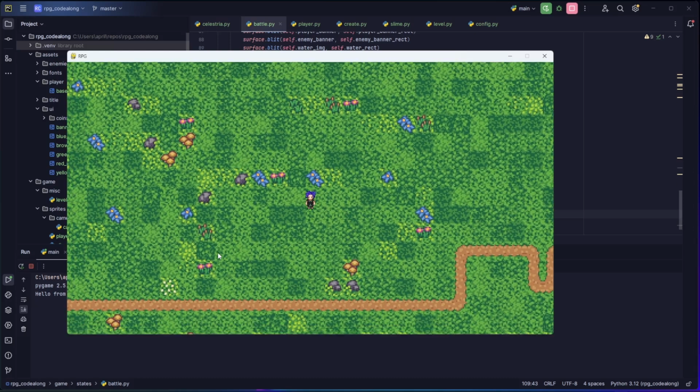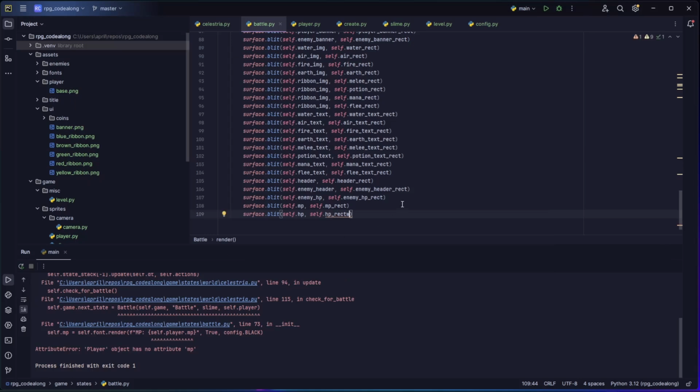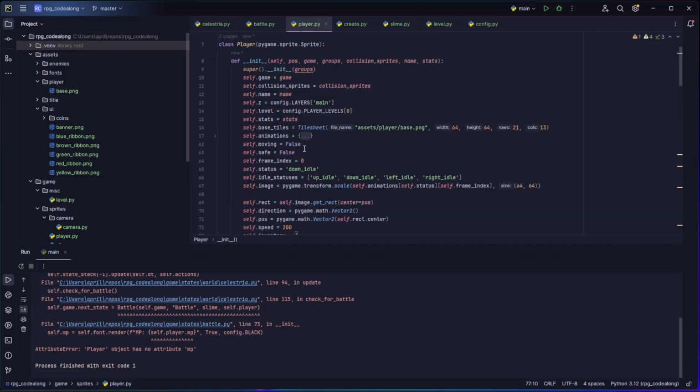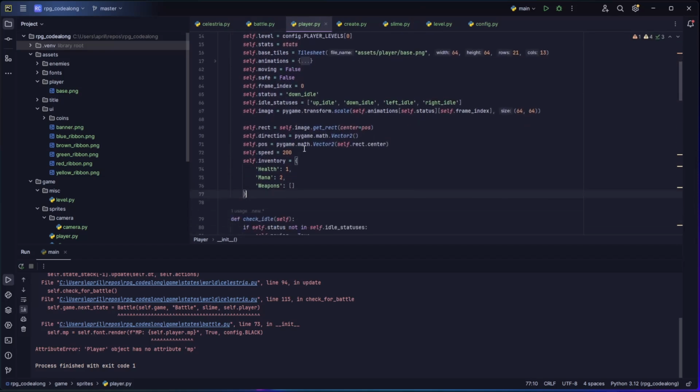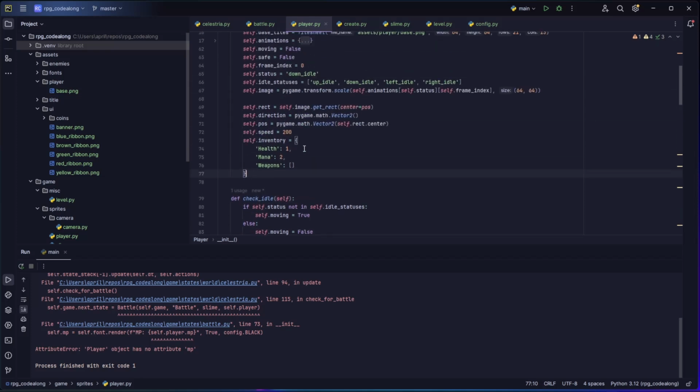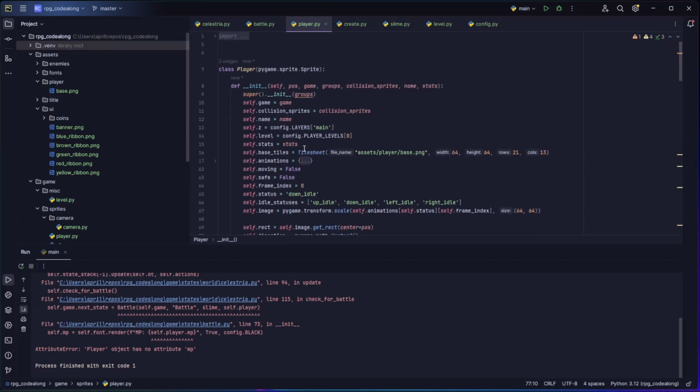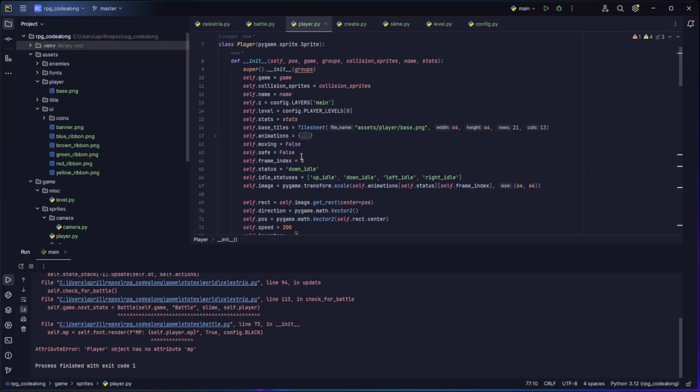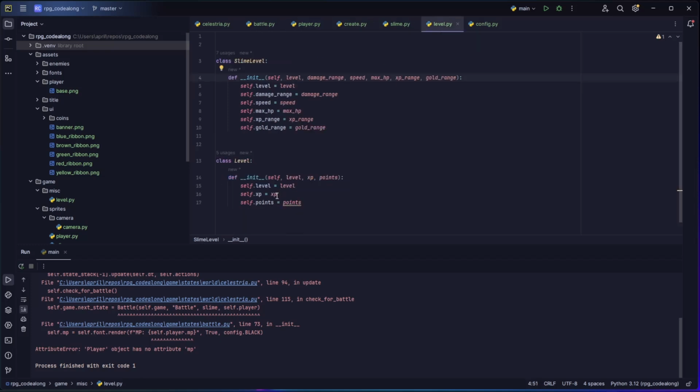So my health I gave 1.2, so that should be 31. Player has no attribute MP. Let's look at player. They don't have MP or HP yet, do they? They don't. How should I do that? Let me look at the player level. That's just level, XP, and points. And then there's stats that get passed in, which determine their